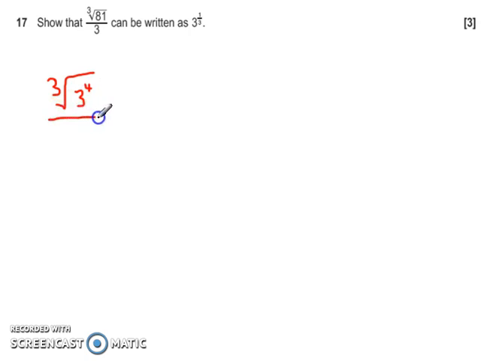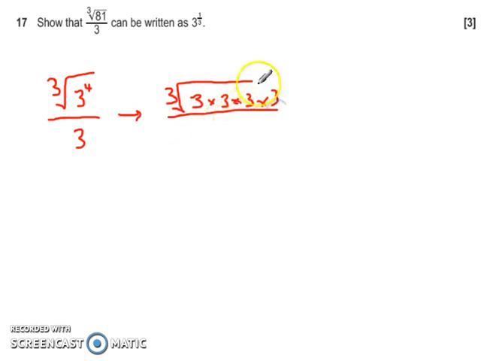That's because we've got this 3 here. We just want to keep things with 3s at the moment. So the cube root of 3 to the power of 4 over 3 can be turned into the cube root of, and what we want to find is a cube number. Because then when we get a cube number, we can simplify it using the cube root into a whole number. So 3 times 3 times 3 times 3, just for your benefit there, is what 3 to the power of 4 looks like. So the cube root goes over the top there,